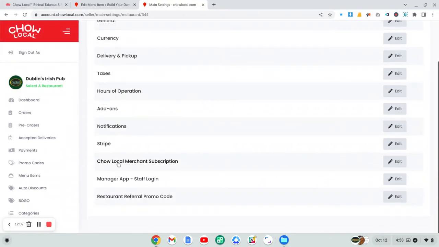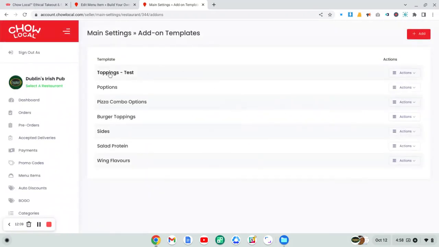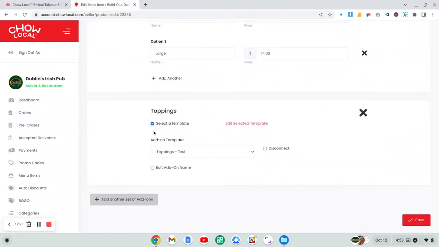And then under settings, you'll see that there is an option for add-ons. And this is where you'll see all your templates in one place. Okay. So here we can see we've got burger toppings, sides, salads, etc. So you can always come here and edit your template, or like we just did, you can do it through any menu item that has the template selected. Okay. Now we can add another set of add-ons,